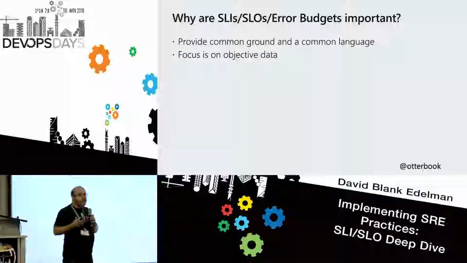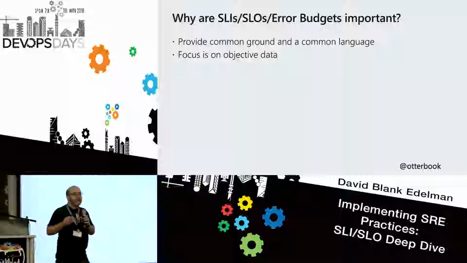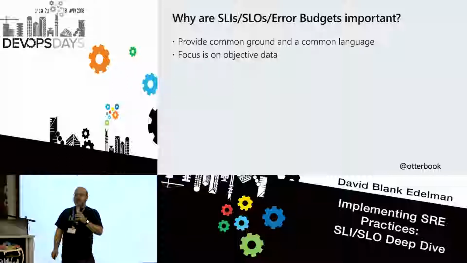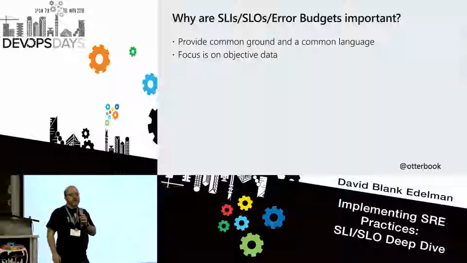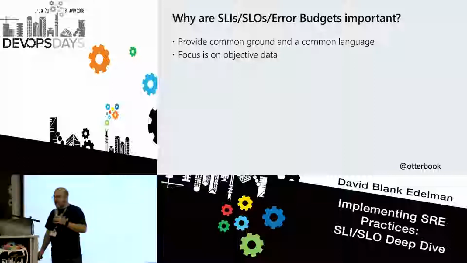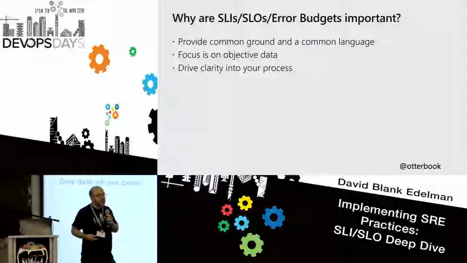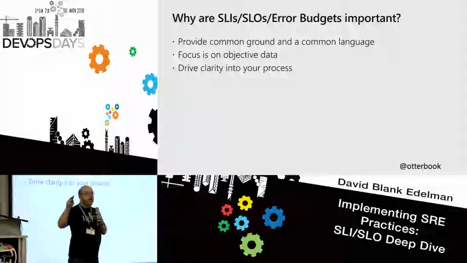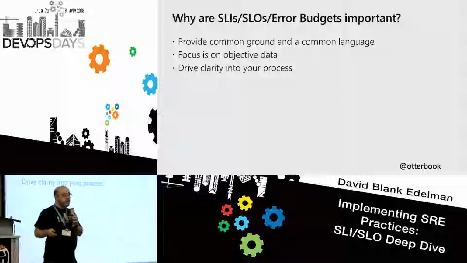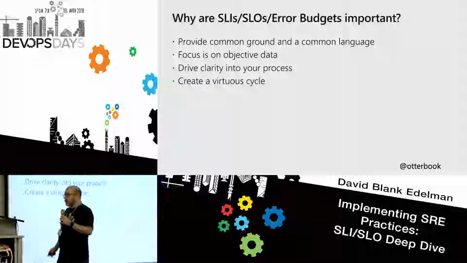The other thing that is really good about these things is it allows you to focus on the data. You have a conversation that is based on data, not, hey, I think we were up a lot in February, or, you know, it doesn't feel like things are running so good, right? That's not the sort of conversation you need to have. You need to have something that's based on objective data, not somebody's feelings about this. And the other thing that you get a chance to do is it creates this virtuous cycle. If everybody's paying attention to reliability in the same way, you have the ability to increase your reliability as we look at it and say, hey, not so good. Oh, it's getting better. We know exactly how much it's getting better, and we're talking about it in a way that helps it get better.